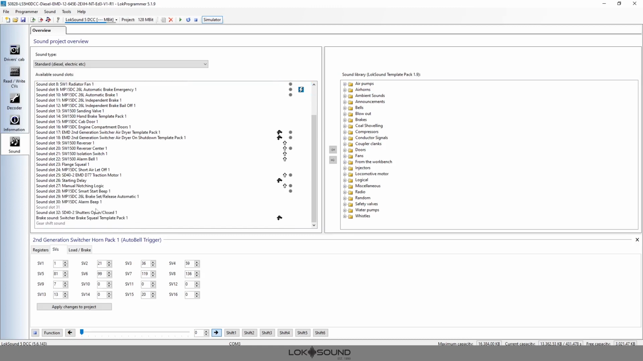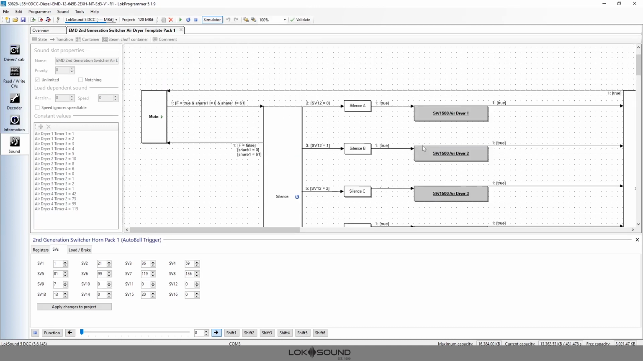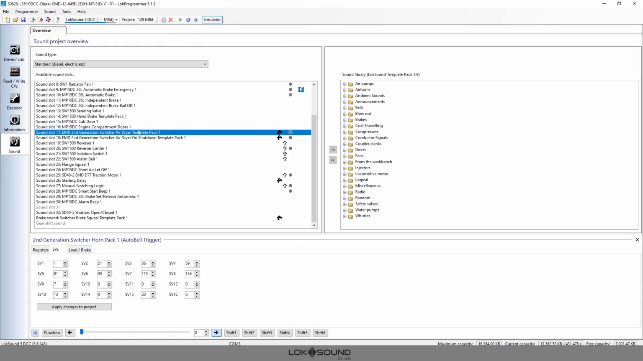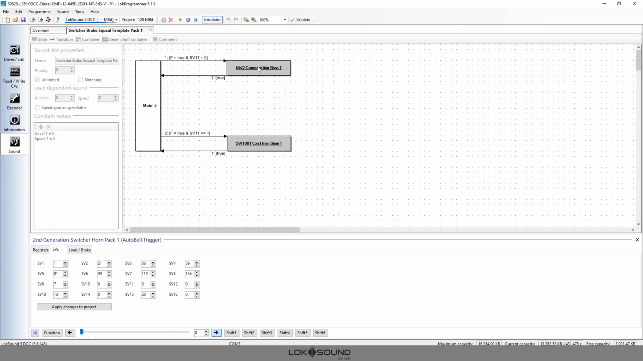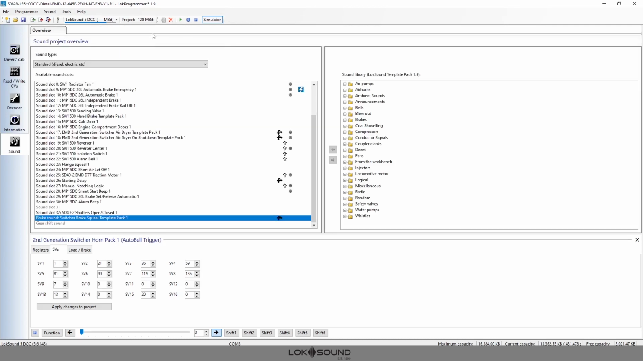We have other templates. Here's air dryer templates, so your spitter valves. There's lots. If you have multiple spitters in there, anytime we have multiples of a sound, we've created a template for it. Here's the brake squeal template. So we have multiple brake squeals built into there. So usually when you see a template, we're going to switch those from one sound to another inside the template